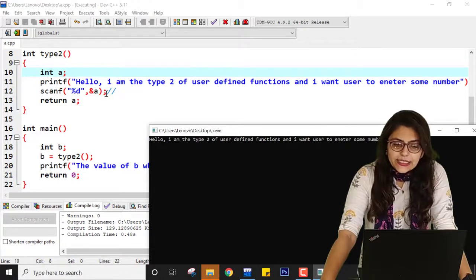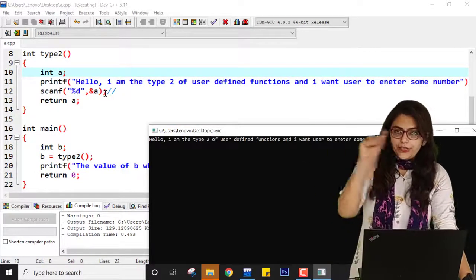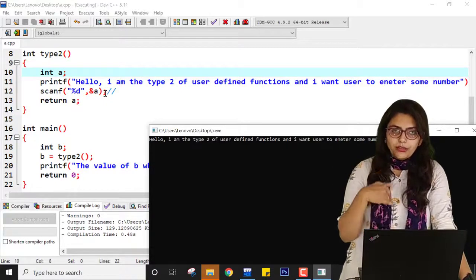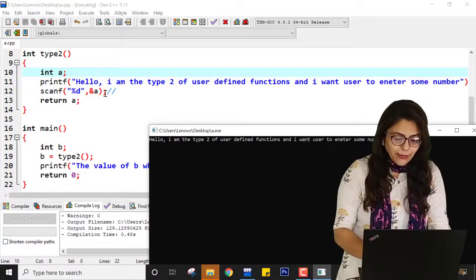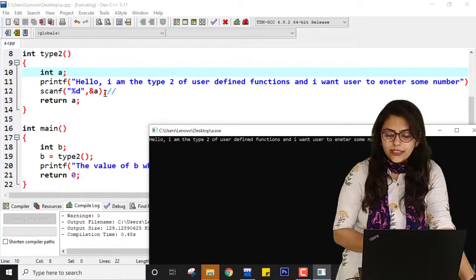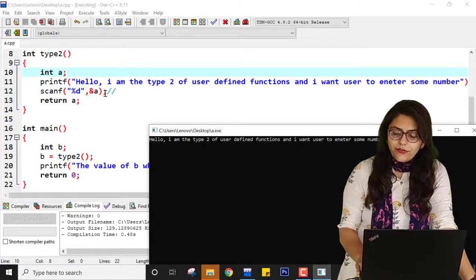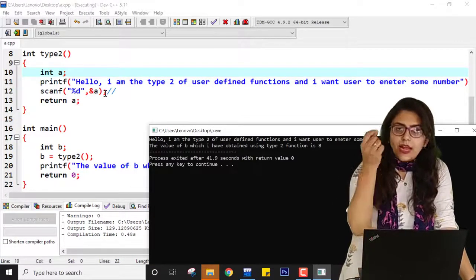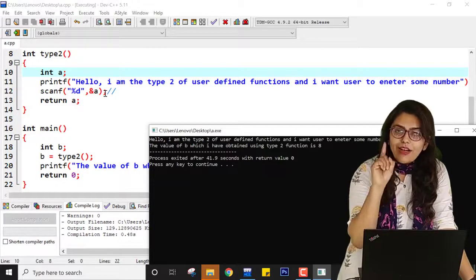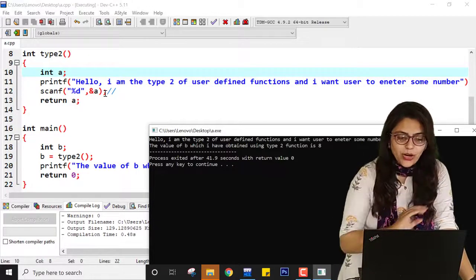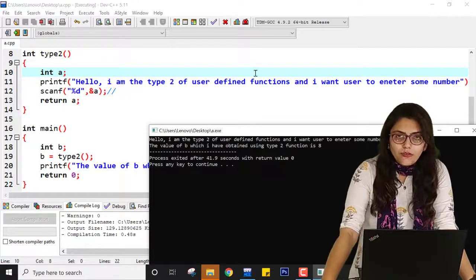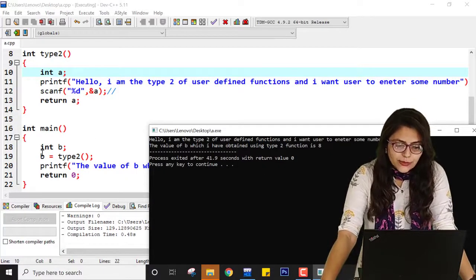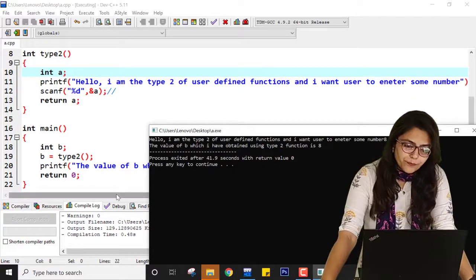It is asking me, by printing this printf statement, to enter the value for a. I am entering 8. Now if I hit enter, the value inside a is 8, and it will return the value of a to this b. So now b also becomes 8.